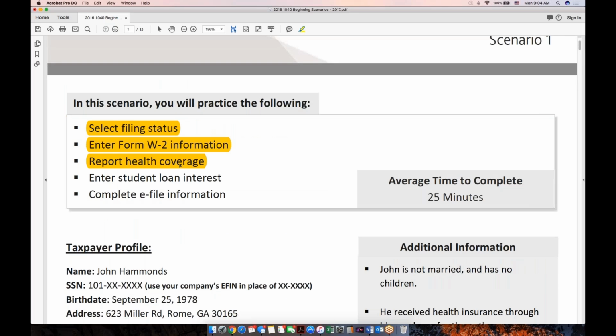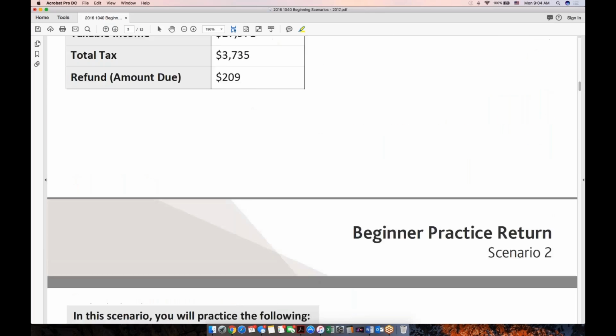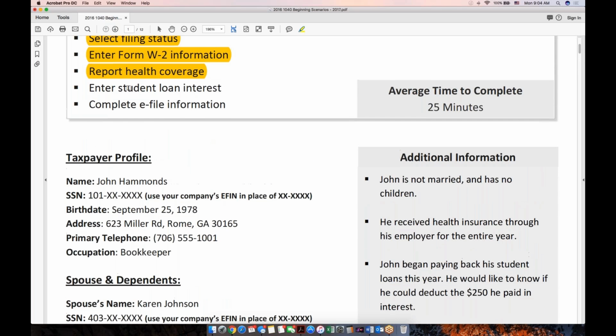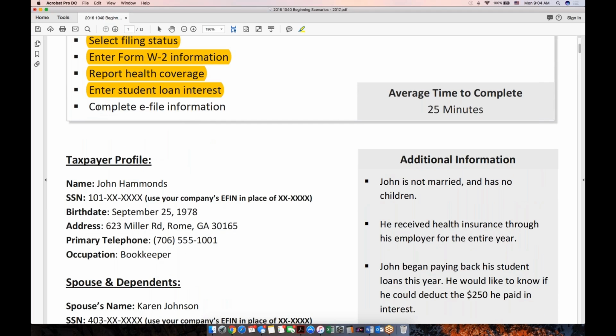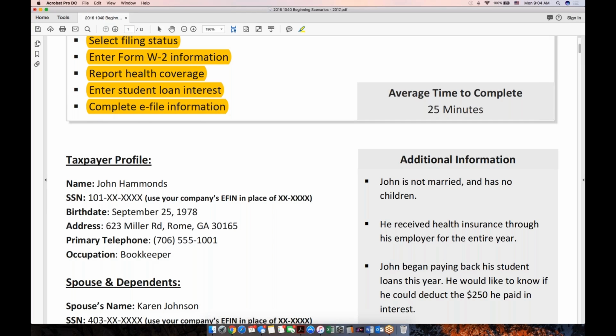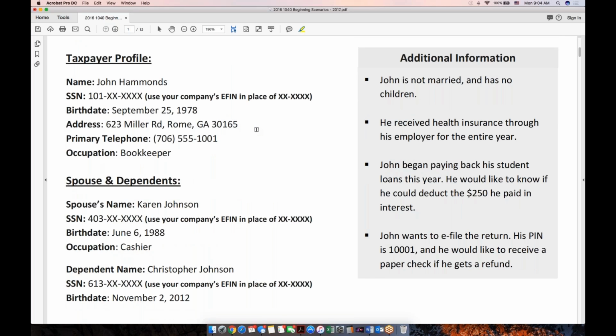It says report health coverage, so that means I need to have health care coverage information, which I don't see, so the customer has to tell me a little bit more about it. It says enter student loan interest, and then complete e-file information, which is something we're going to be doing today. So before you even open the return, you need to understand the customer. This is going to be really critical for you. It's going to be part of the ongoing practices: collect the info, understand what you're going to do,